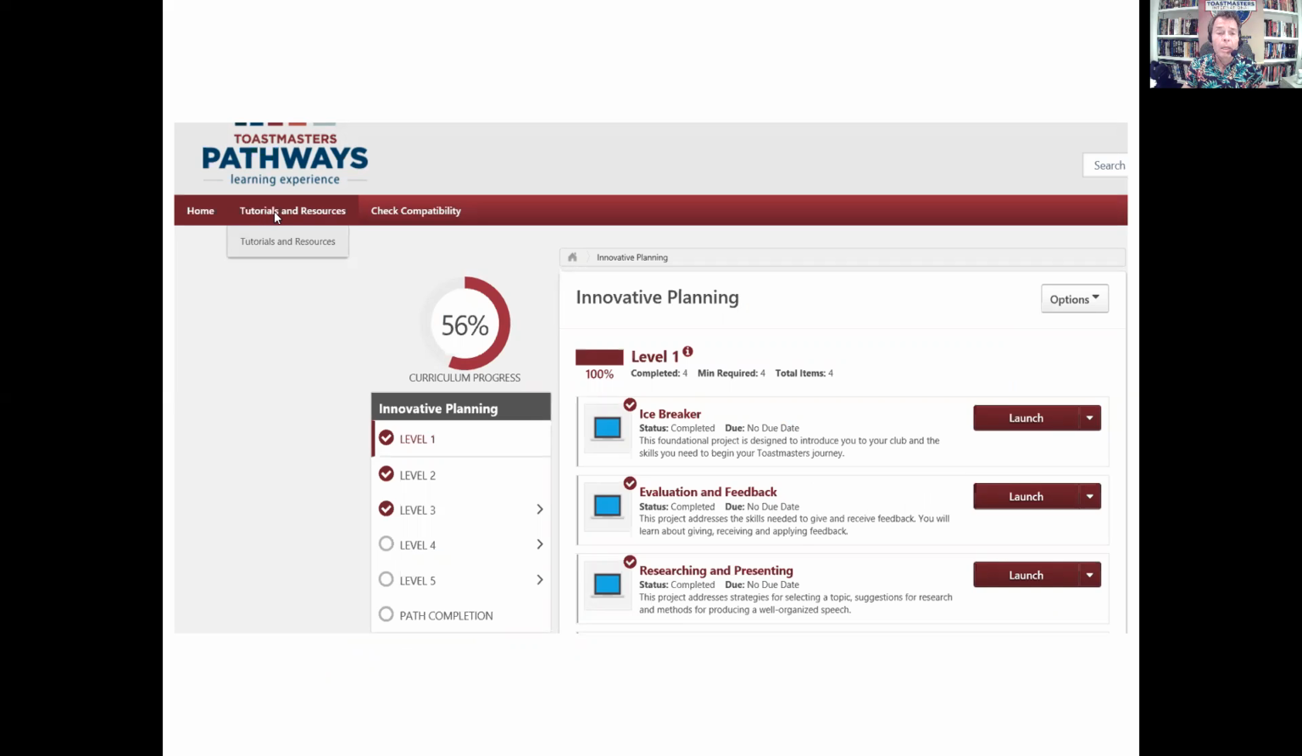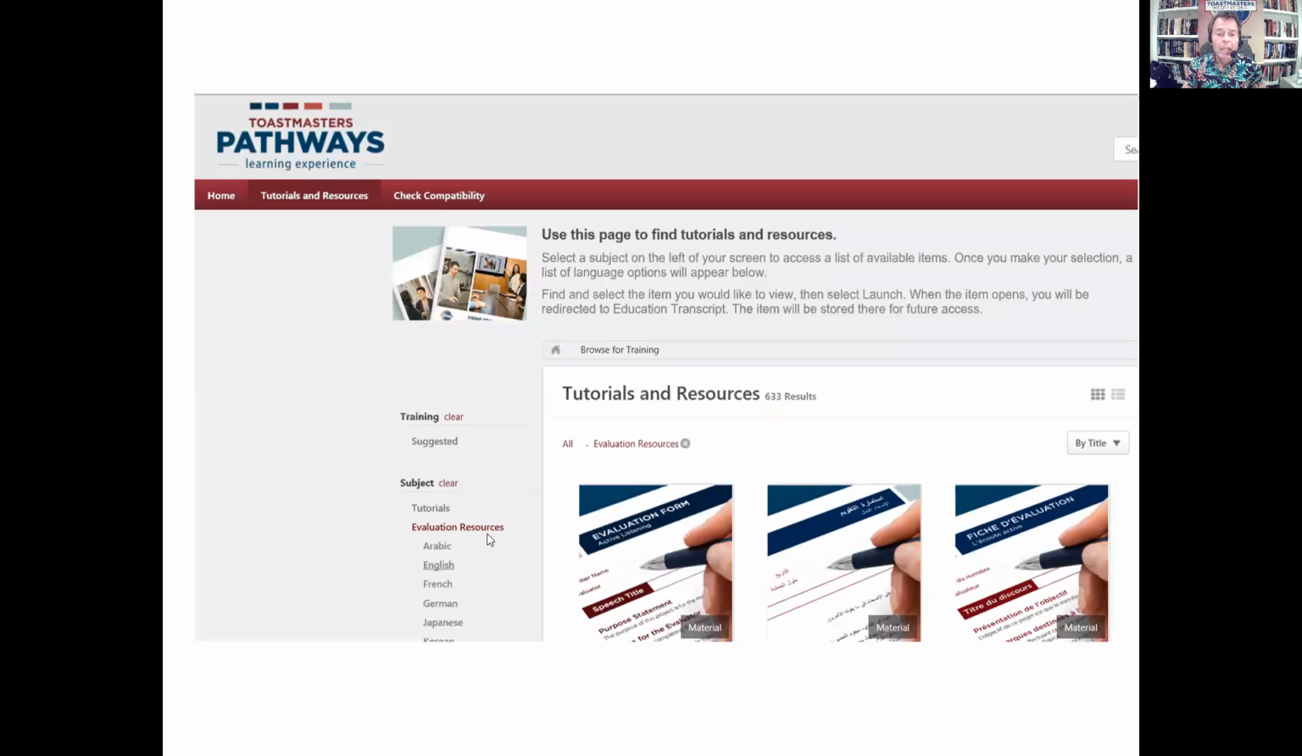If you hover over them, there'll be a drop down. Then you can click on the drop down and go to that particular selection, in this case, tutorials and resources. And under tutorials and resources, there is evaluation resources. And you'll notice here, there happens to be 633 results, which seems like a lot, but keep in mind that